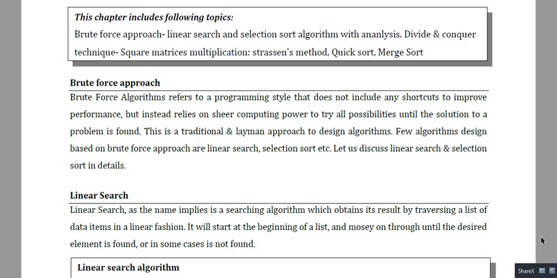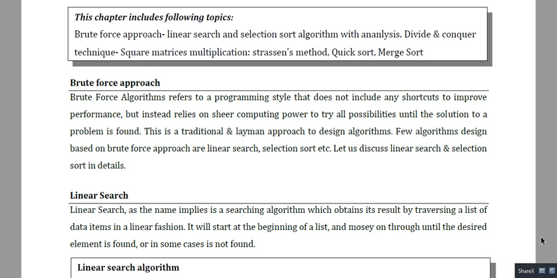Then I will move to the divide and conquer principle to design algorithms. In this technique, I have planned to demonstrate three different types of algorithms which follow the divide and conquer technique. One is square matrix multiplication, also known as Strassen's matrix multiplication. Second is quick sort, and third is merge sort.